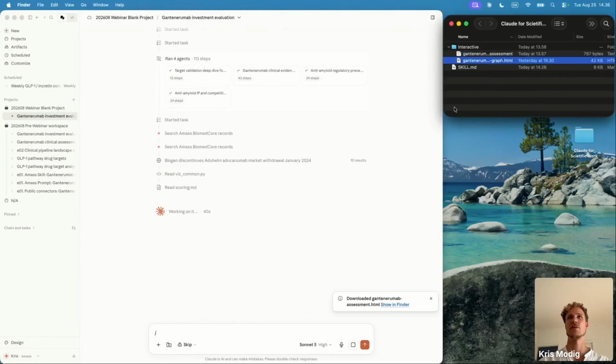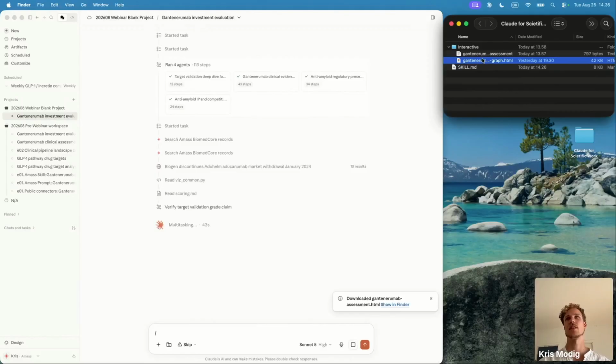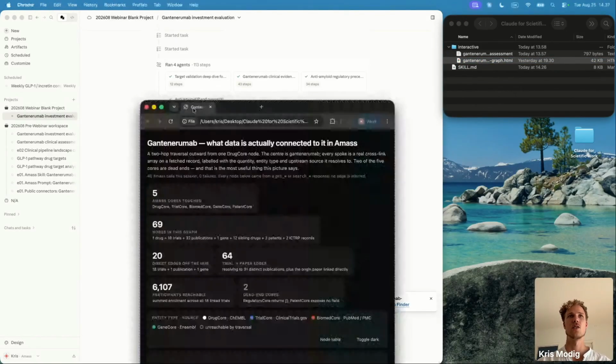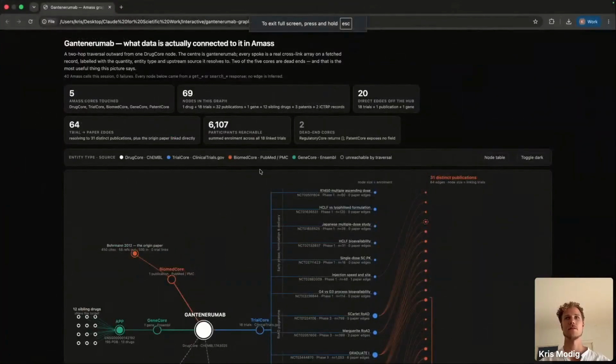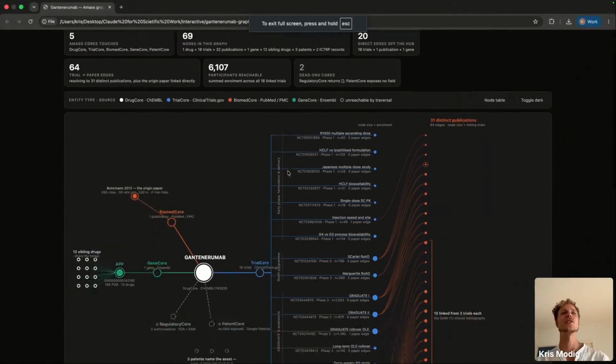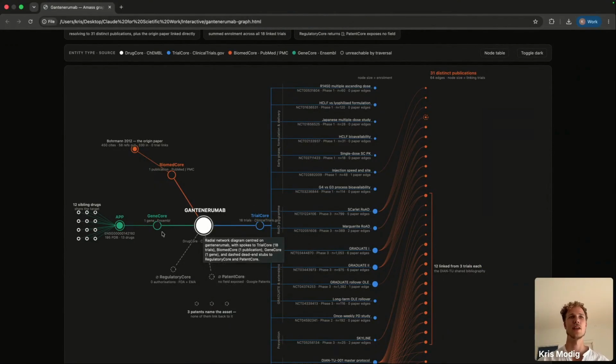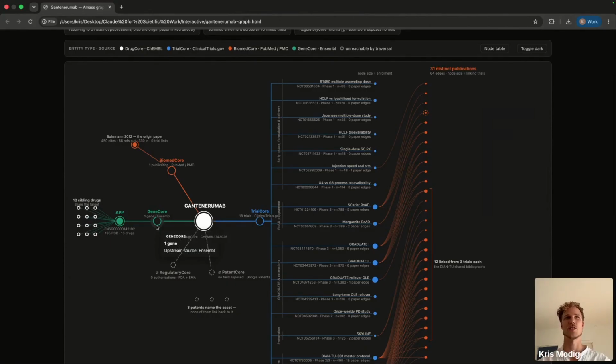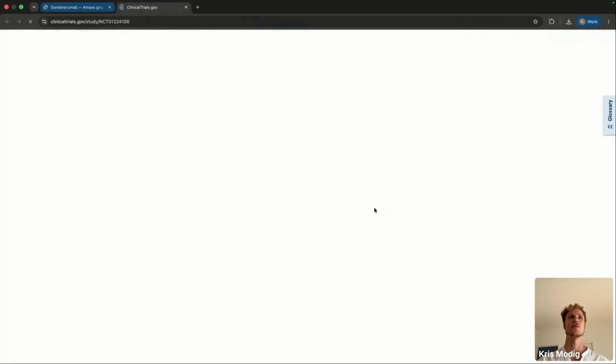So let's say if we wanted to create something that's maybe more tangible, something that you can visualize more easily. It could also be a graph like this. So we have Gantenerumab. Now we're listing the Amass Cores here as well, and this was an artifact generated by Claude. Of course, there are other ways to display these kinds of visuals if you're using potentially other tools. But this is just to showcase that each of these nodes here